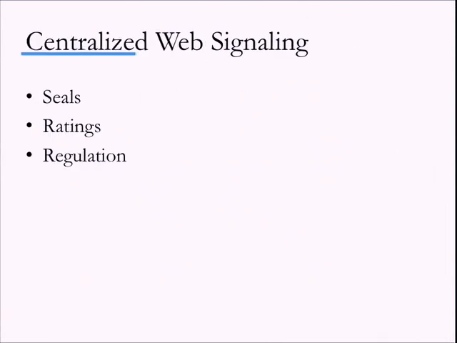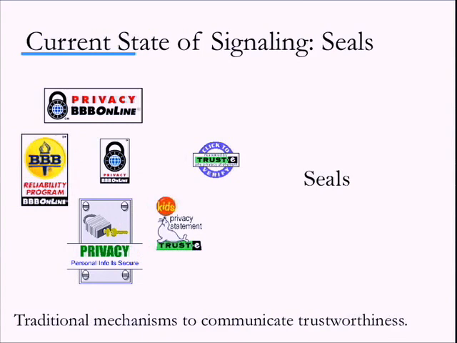How do you do that? Well, right now we ask the web provider to tell us if they're good or bad, okay? And we continue to do that. You can do it by ratings, and we embed a lot of ratings, and you can do it by regulation. I'm not really going to talk about regulation except to say that it's incredibly geographically dependent, jurisdictional, and slow. And these attacks depend on speed. That's what enables them. The site goes up, it's up for 72 hours, it gets everybody's password, and it goes down. So here are our signals.